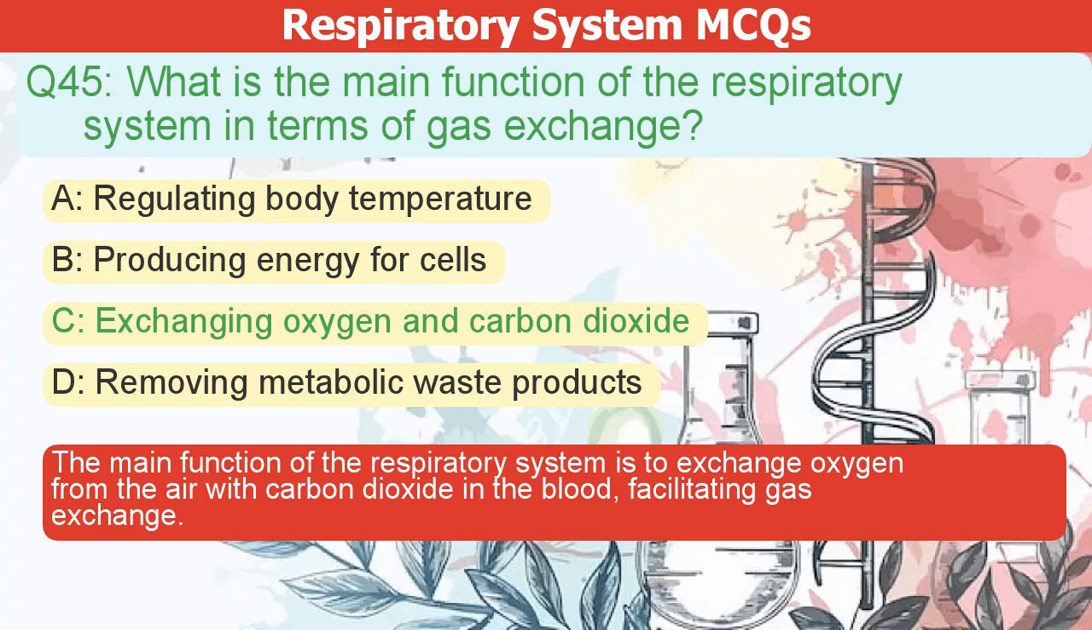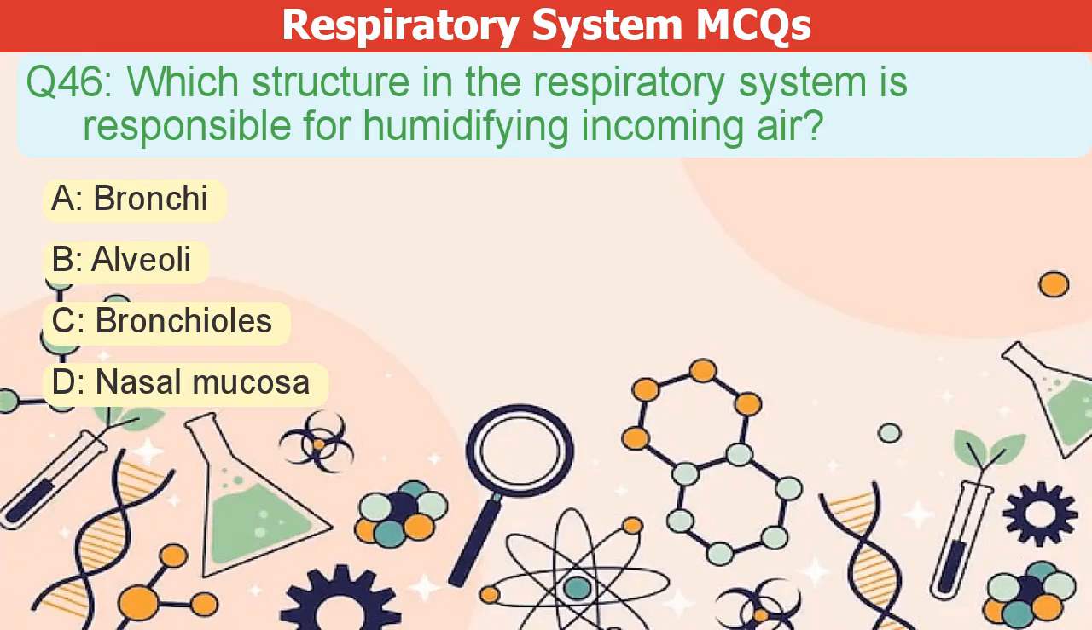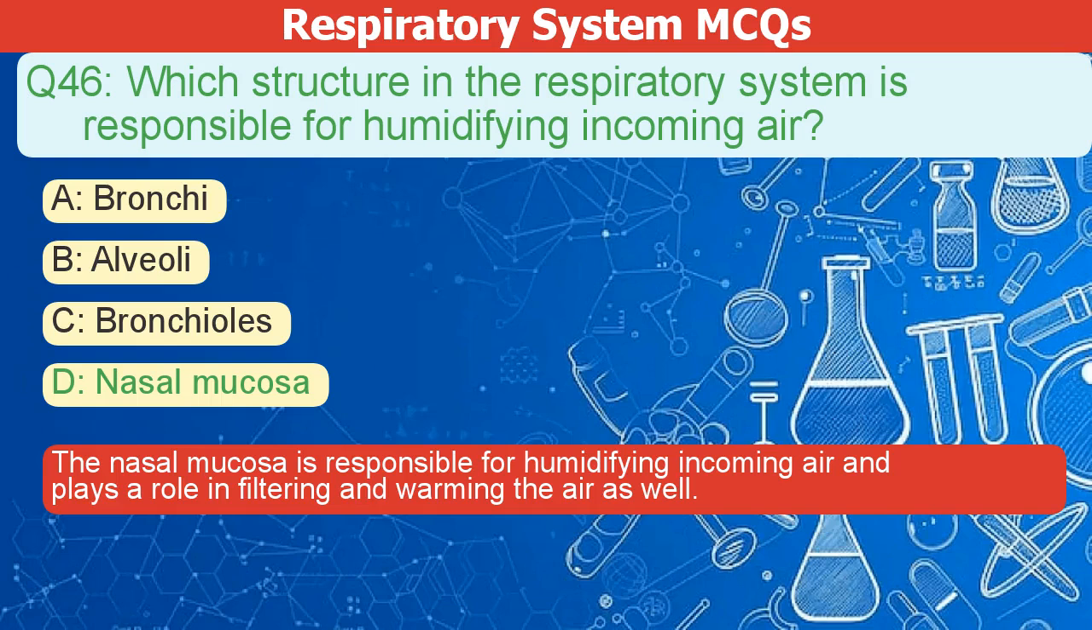facilitating gas exchange. Which structure in the respiratory system is responsible for humidifying incoming air? A. Bronchi. B. Alveoli. C. Bronchioles. D. Nasal mucosa. The correct answer is D. The nasal mucosa is responsible for humidifying incoming air and plays a role in filtering and warming the air as